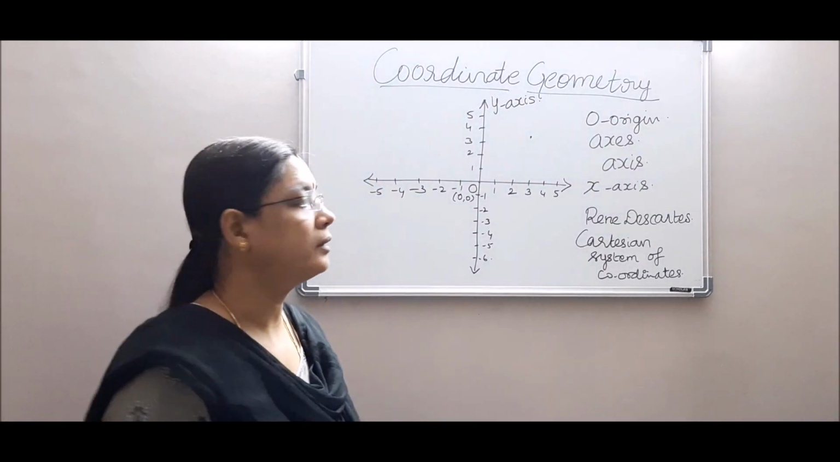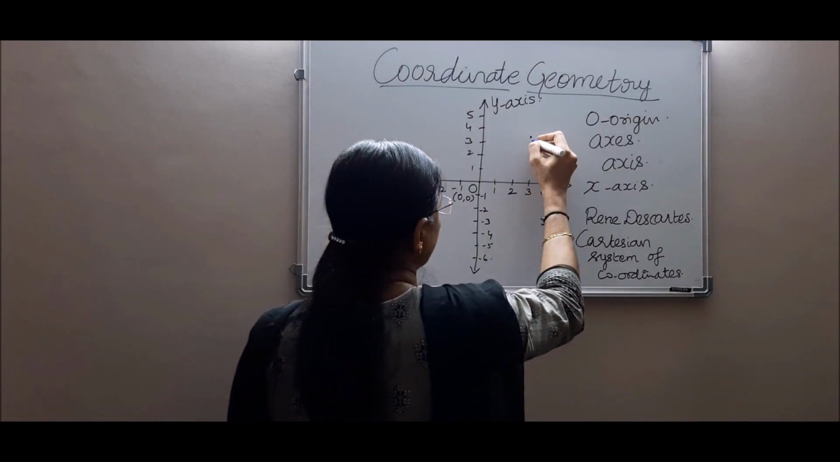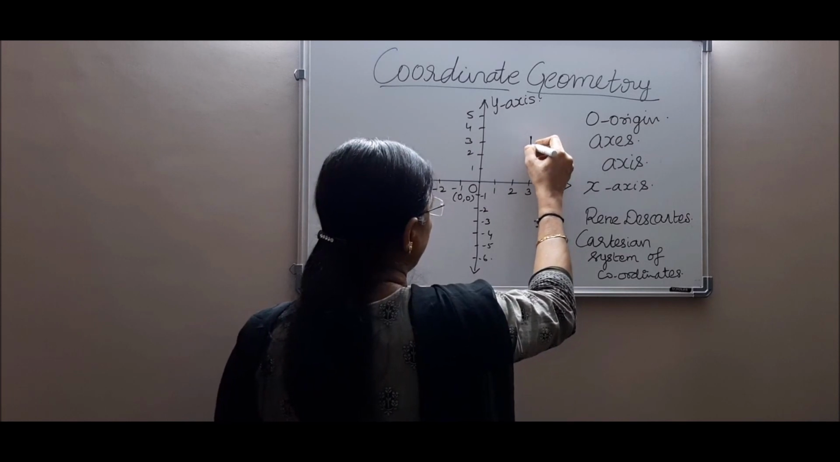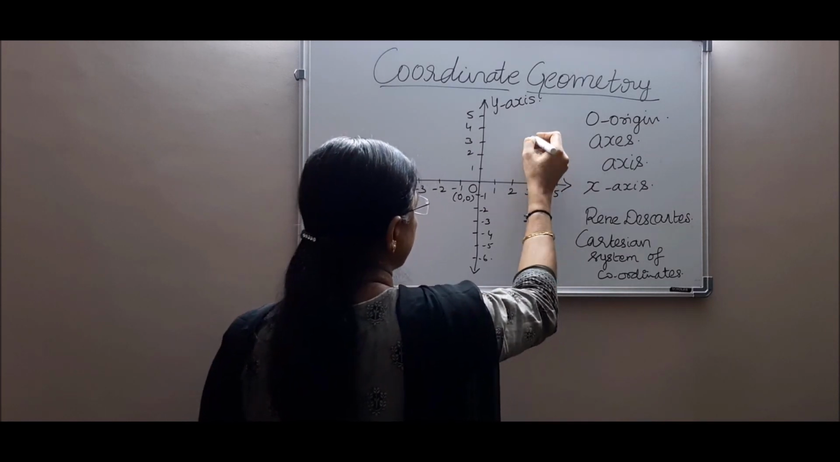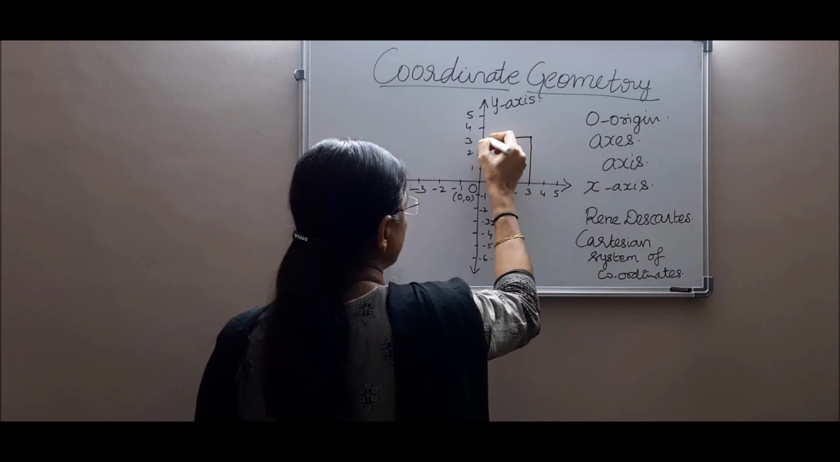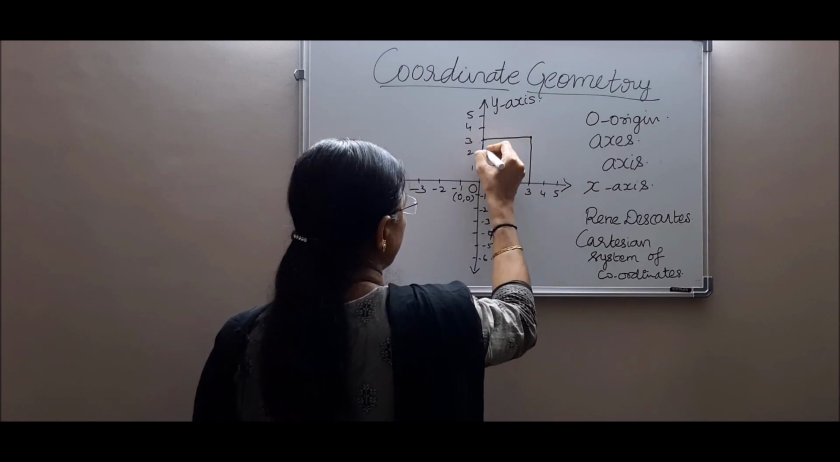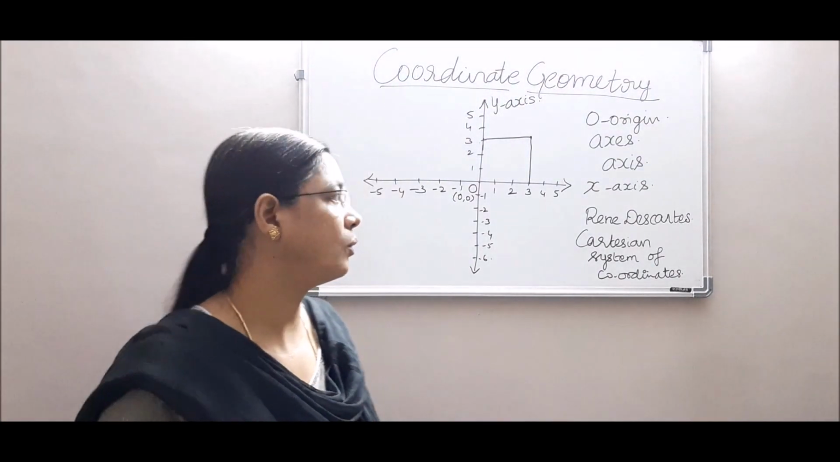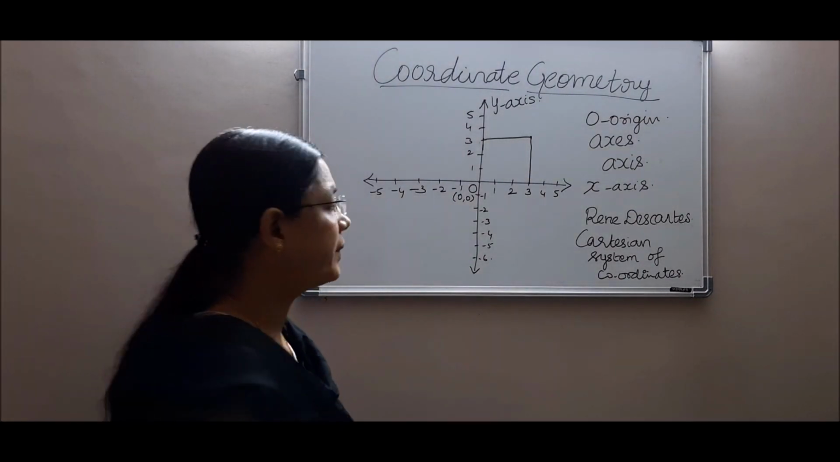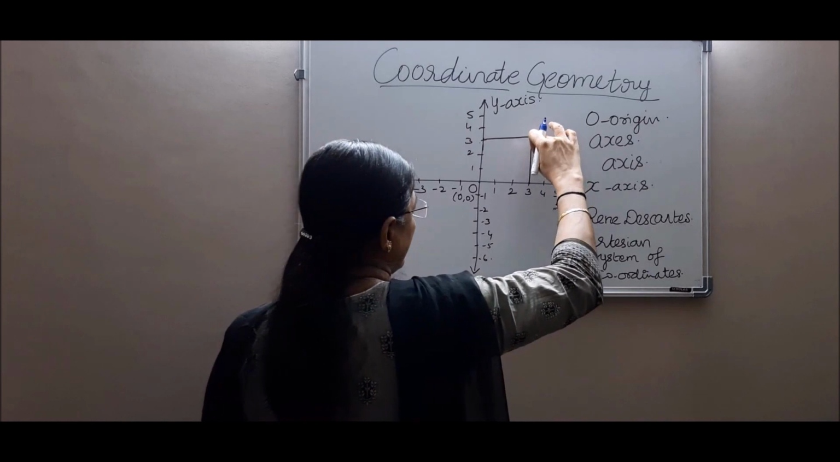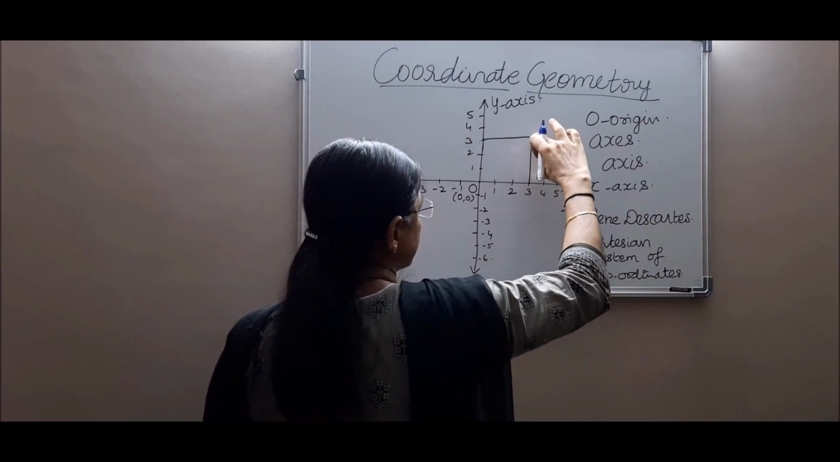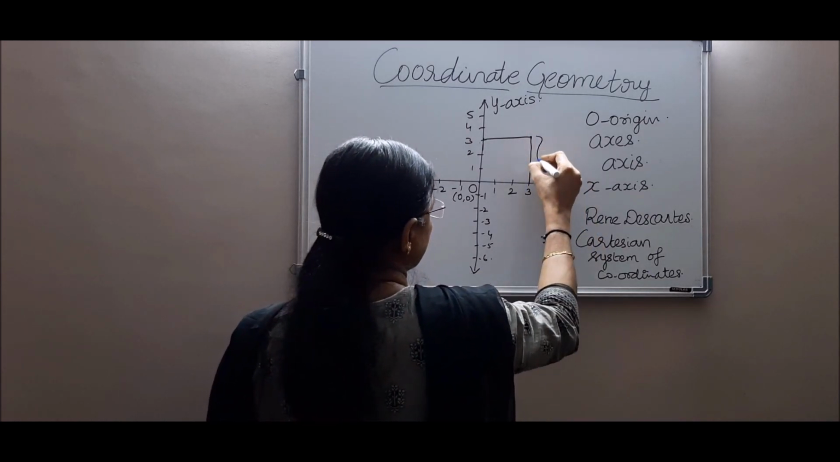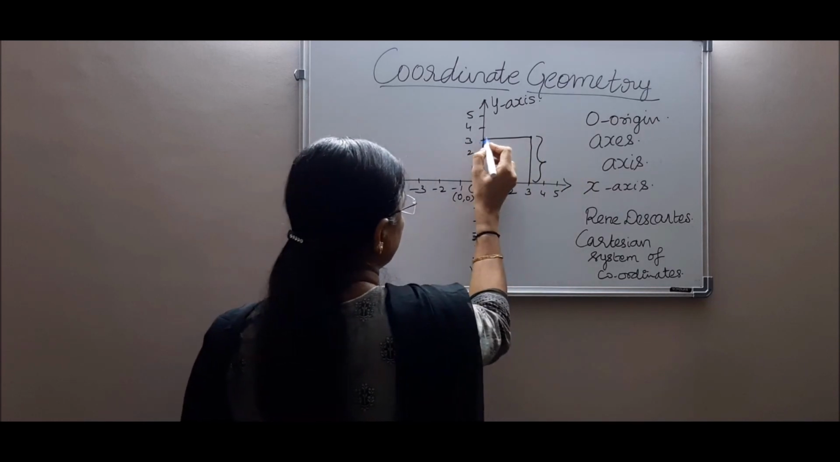Okay, for that what we need to do is drop a perpendicular from the point to the x-axis and from the point to the y-axis. I draw two perpendiculars so that they meet two points on the x-axis and the y-axis. Okay, so the perpendicular distance, see, when I draw a perpendicular line to the x-axis, this distance is obtained from the y-axis